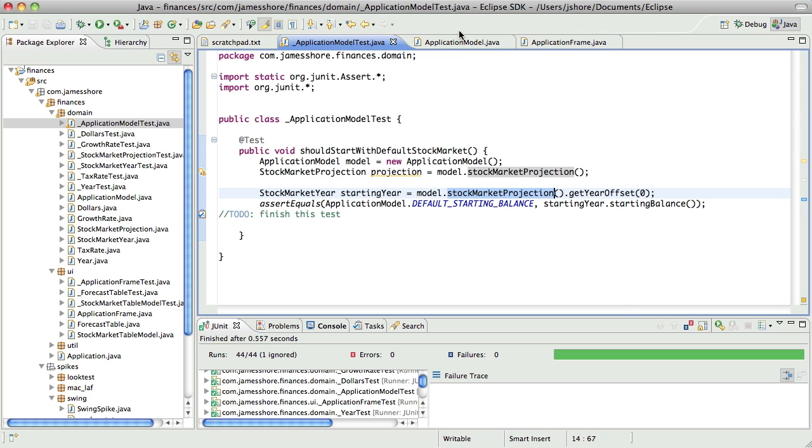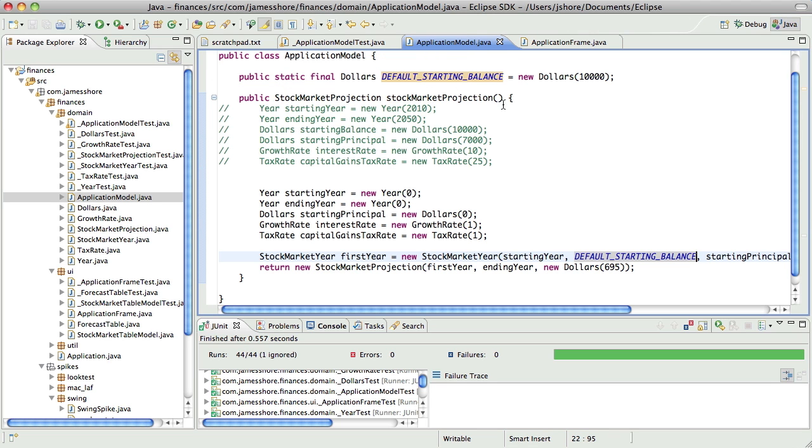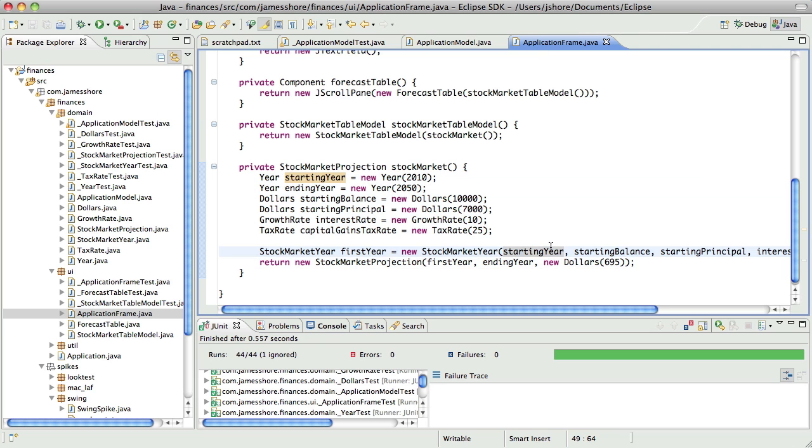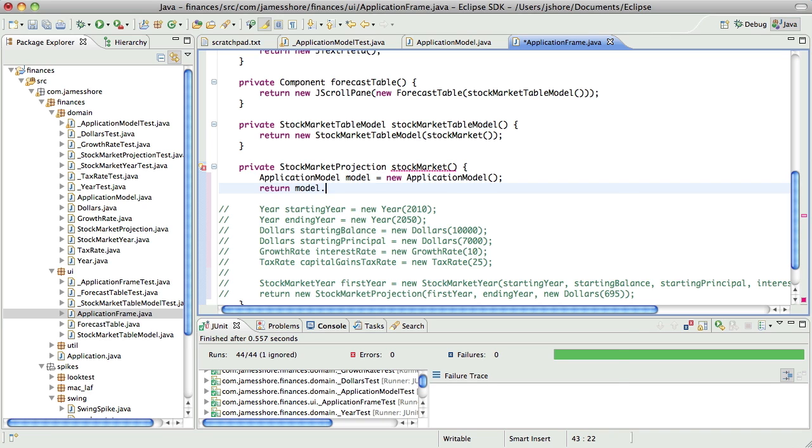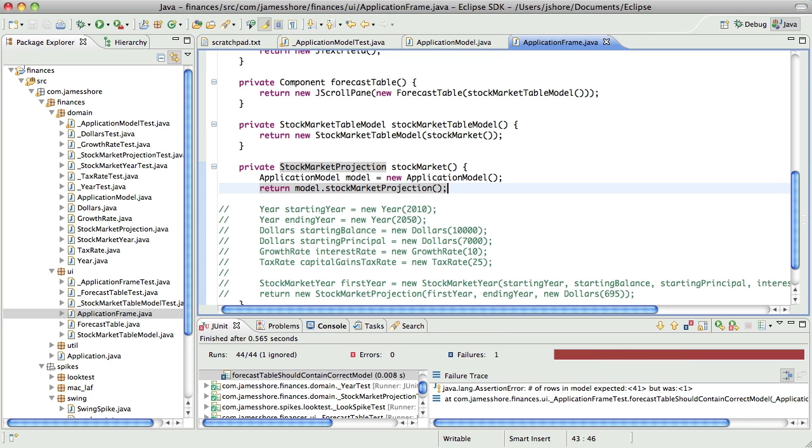Can we do that right now? Yeah, we are asking the application model for a stock market projection, which means that here we could just ask for the application model's stock market projection. Okay.